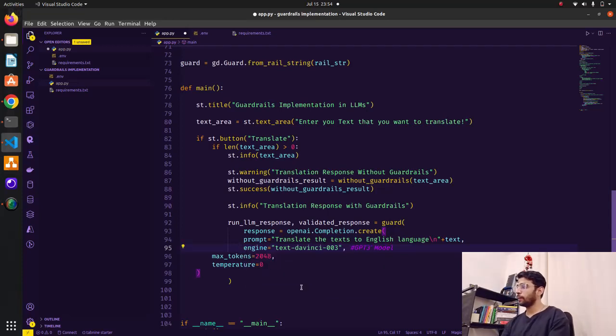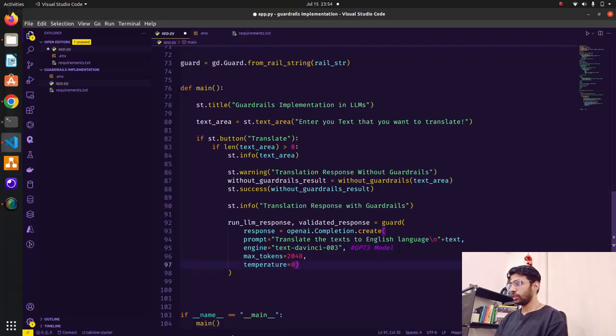Okay, the engine, and that will be changed. Okay, let's handle that later. Max tokens, temperature, and this will be, let's use 0. What is this? This is okay. Temperature guard, text area. Now this looks nice.